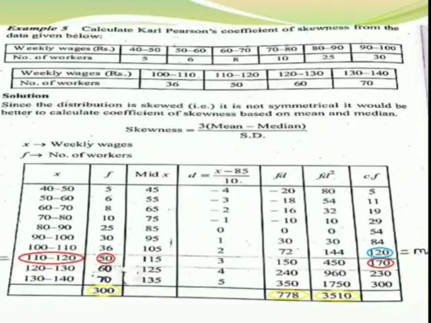After that you have to add the first four frequencies, 5 plus 6 plus 8 plus 10, which is equal to 29, which is your fourth cumulative frequency. Like that you have to add one by one, and you will get all the cumulative frequency values. If you want to check whether your cumulative frequency is right or wrong, use your total frequency value, which is 300. In cumulative frequency also your last value is 300. Then all your cumulative values are right.